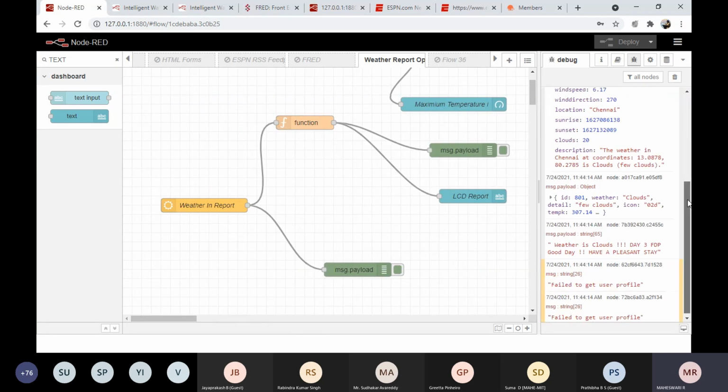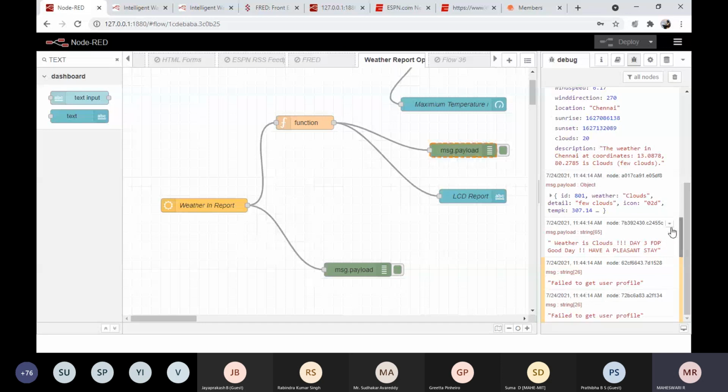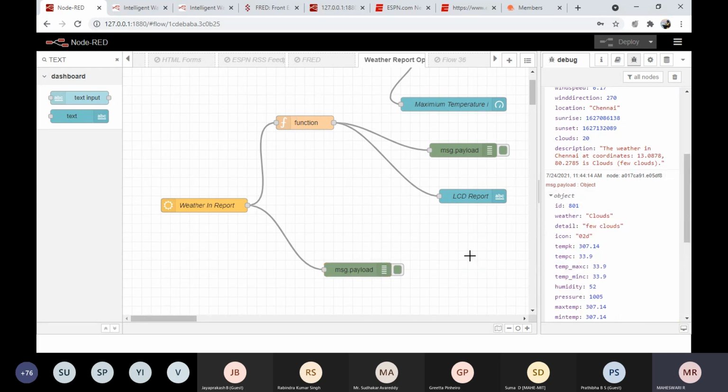Okay, so now you see, the weather is cloud, FDP, day 3 FDP, good day, have a pleasant stay. Okay, so this output I got after processing it through the function node, and this is my complete details which I would have retrieved using this debug monitor.